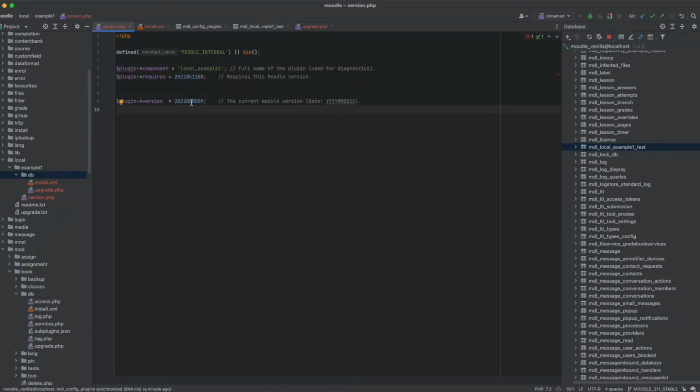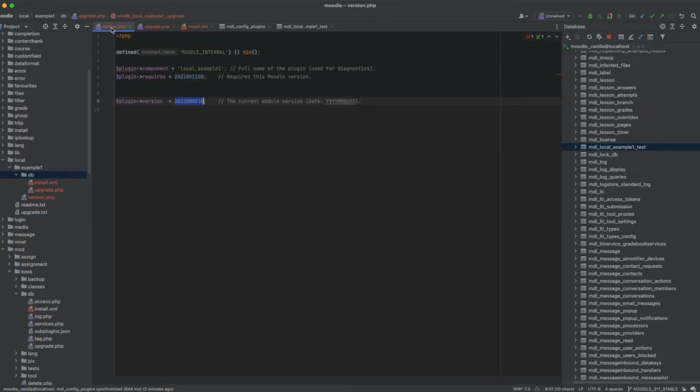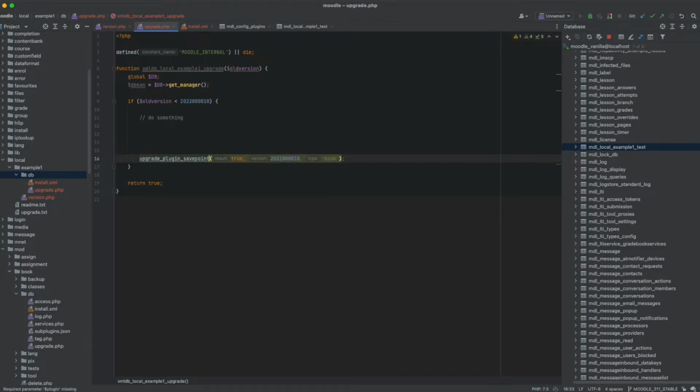So let's say we're on this version, and we want to go up to number 10. But at the same time, I want Moodle to go in and create a new column. So in the upgrade script, that's where I define that. I'm going to say if the old version, the current version, the version it is before we upgraded, if that's less than that, then run some code here. Do something here. It's not a mod save point. It's a plugin. After we finished adding the field, we have to upgrade the plugin save point, the type of plugin local,